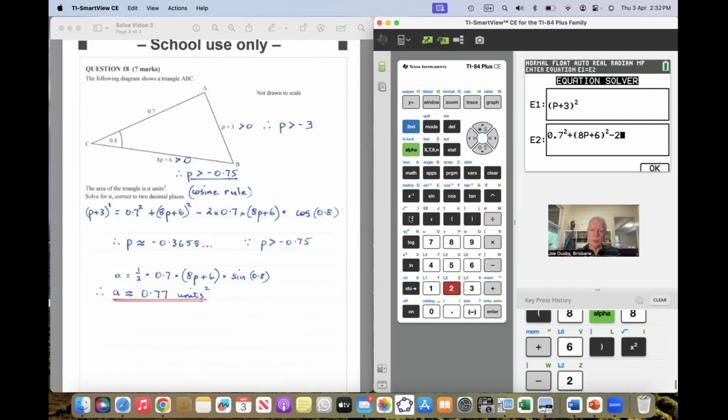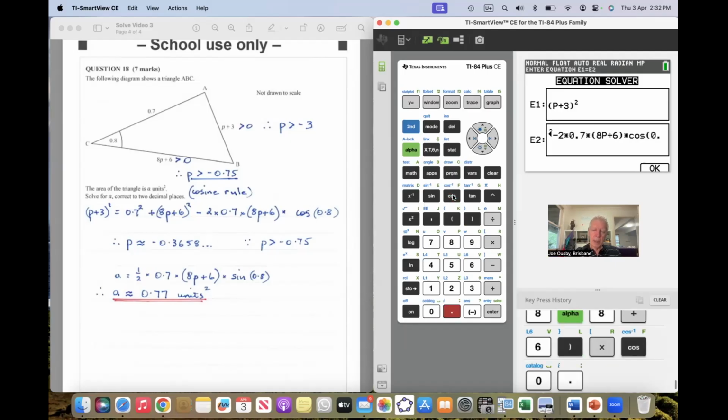Subtract 2 times 0.7 times, and this one will be in brackets again, so bracket 8 alpha p plus 6, and that's then multiplied by, so times the cosine of